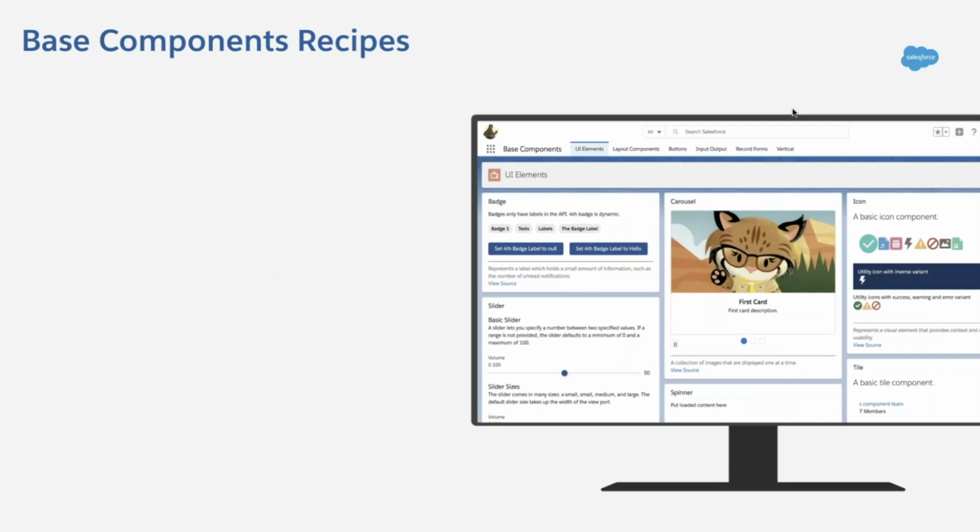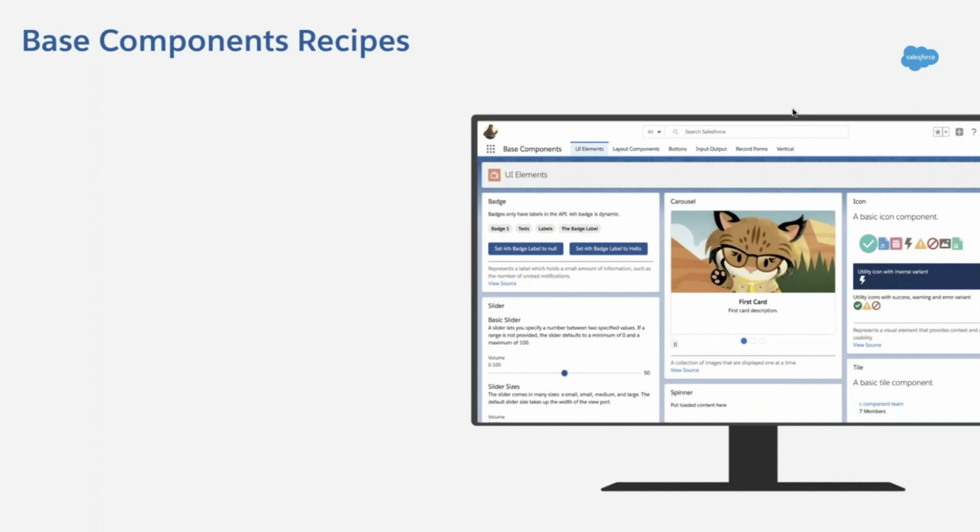Along with the base components, we have also open sourced a set of recipes. When we launched Lightning Web Components in late January 2019, we also launched a sample application for easily understanding those Lightning Web Components. We called it the Recipes app, which is part of our sample gallery. Many people liked that, and it helped many people understand those components, because most of the components are built using less than 30 lines of code. They could easily understand those components and use them for their purposes.